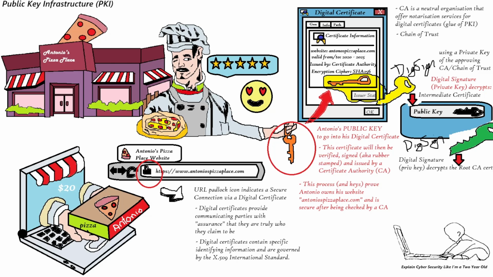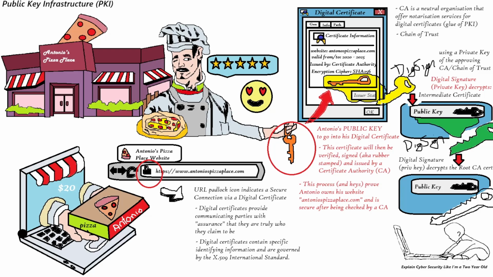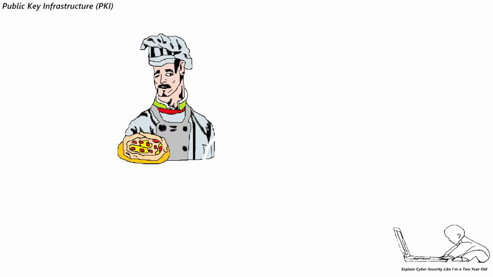So any break in this chain of trust is because the asymmetric key pairs creating this digital signature have been compromised. Or the website is not Antonio's Pizza Place, but a malicious website pretending to be such. You cannot forge a certificate authority's certificate chain. This is why you often see the broken padlock in some websites, with the browser displaying various warnings that this connection is not secure. Although sometimes it can be because the certificate has expired and Antonio forgot to renew. Certificate authorities have a very important global job of keeping and protecting their own private keys to preserve the trust in public key infrastructure.